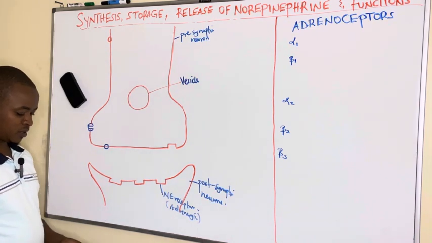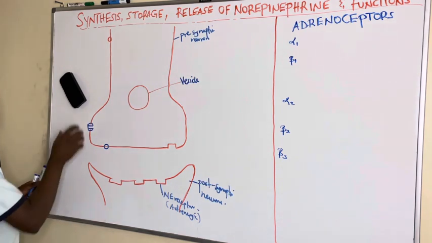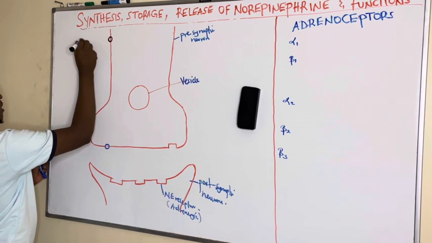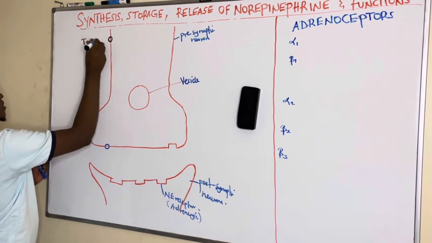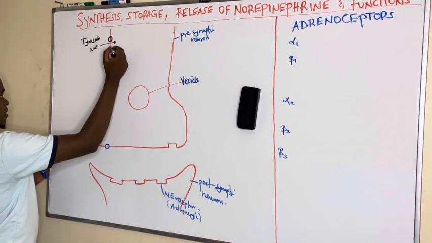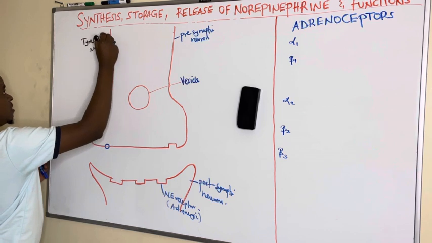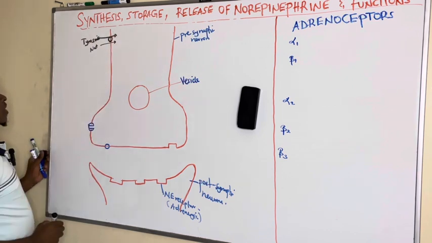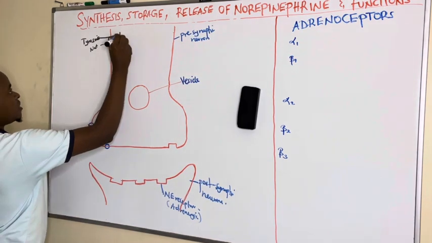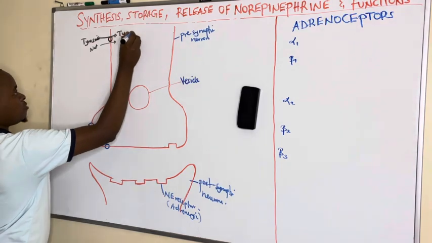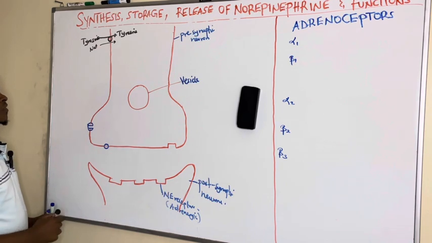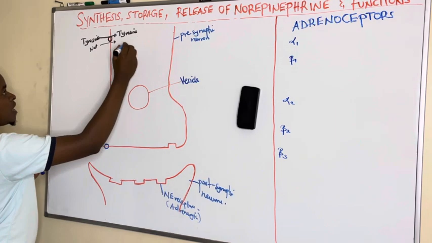To begin with, you're going to see that this synthesis begins with the transportation, whereby tyrosine depends on sodium. When sodium is moving inside, tyrosine also moves in. This is a secondary active transport known as sodium-tyrosine transport, which enables tyrosine to enter into the presynaptic neuron. This is the presynaptic, this is the synaptic. And after tyrosine enters, it is hydroxylated,